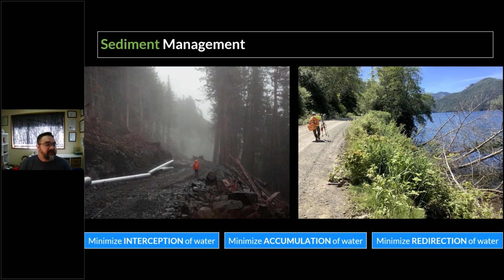You can't see it very well, but on the cut slope side, the cut slope is fully vegetated and that ditch is vegetated. So as long as the fills going down to that water body are stable, you've actually improved your situation. In this case, this is a main line, so the surfacing is still pretty good, so it's not causing that many issues